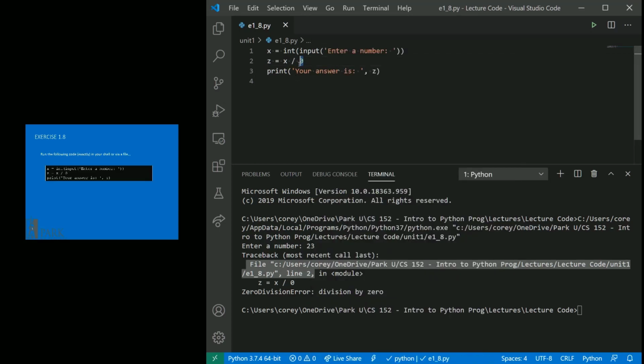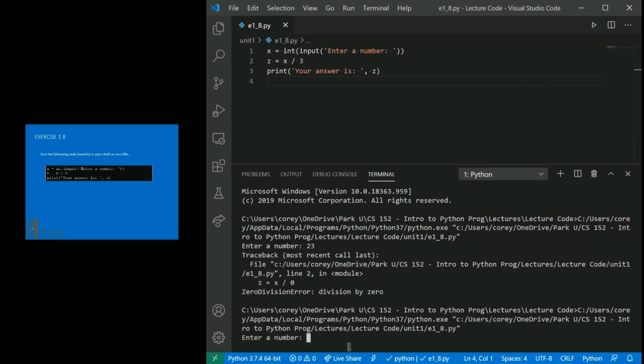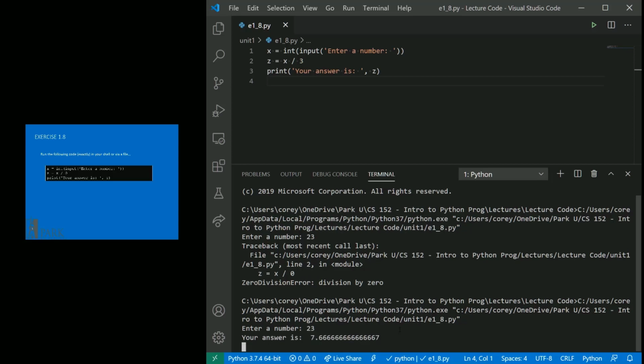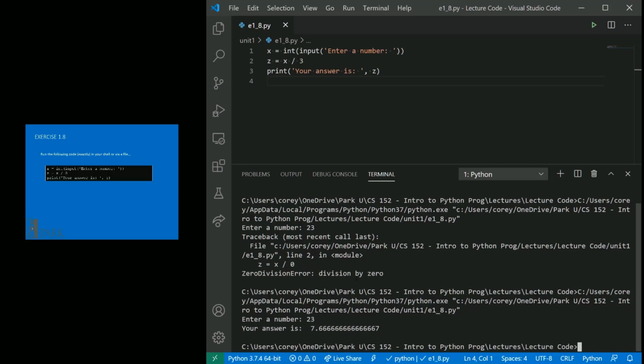right? So if I were to change this to, say, 3, and we rerun this code, now it's asking me to enter my number again. So in this case, do the same thing, 23, and you can see there that my answer is 7.6666 repeated, right? So that is what a runtime error looks like when you actually execute it in your IDE or other